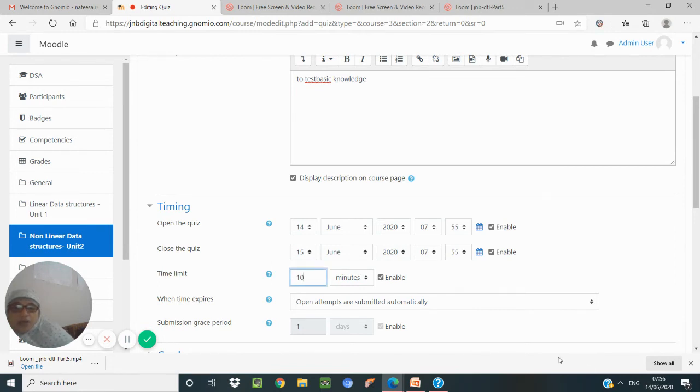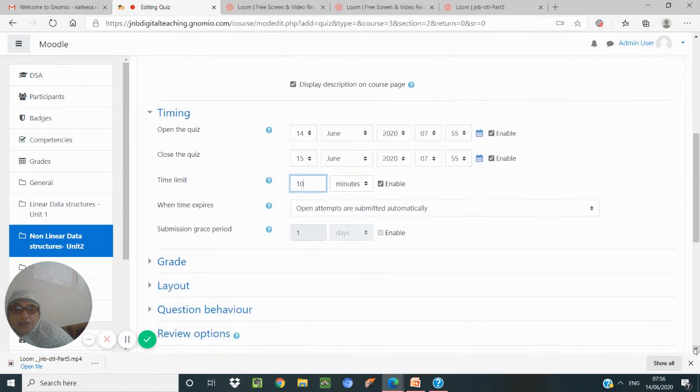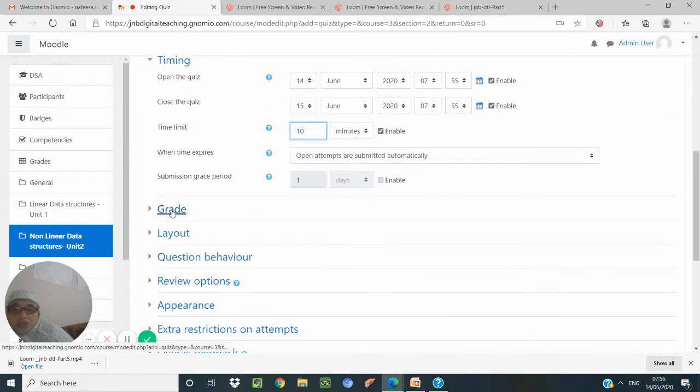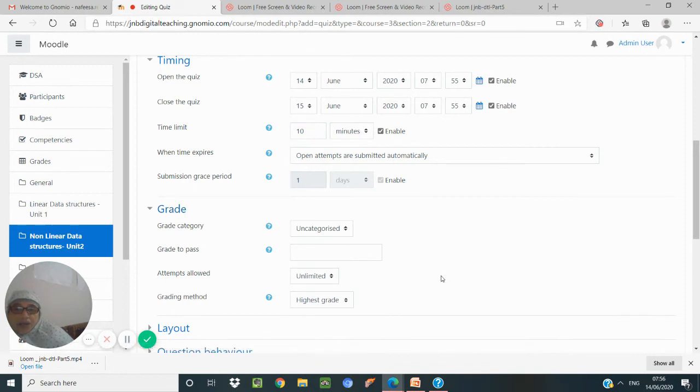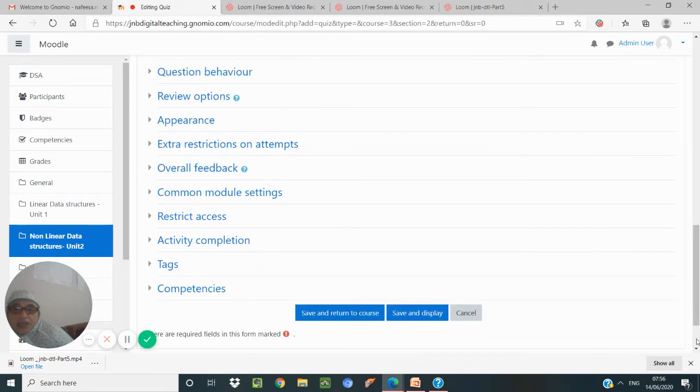And whether we are giving any grace period, what is the grading we are giving, how to grade pass like that. So all these things we can give, all the details.